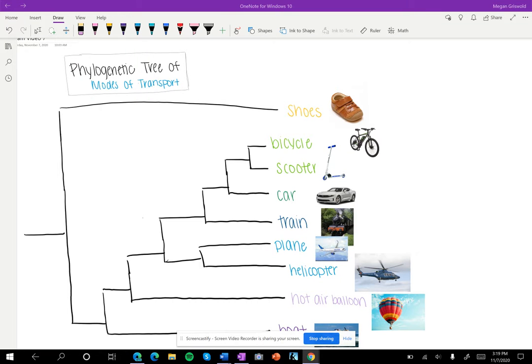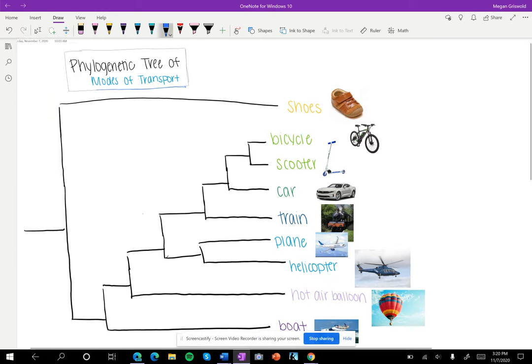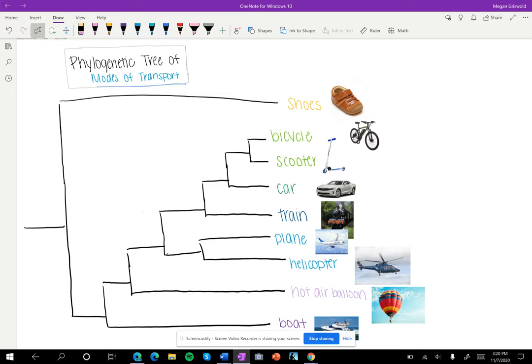Everyone! Today we are going to look at my own phylogenetic tree of modes of transport. I have done this using 8 inanimate objects and 1 outgroup item, with the more closely related items having shorter branches and a cladogenesis that gives rise to no more than 2 species or items at a time, and have color-coded the different groups to make it easier to understand how the groups are related to each other.